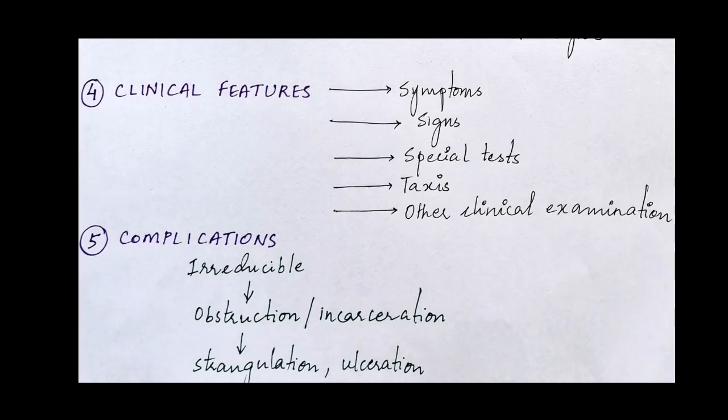So sometimes they're going to ask you what is taxis. Taxis is done when the hernia is irreducible and you want to check if you can manually reduce it. The procedure for taxis is you flex the hip, adduct the leg, and also internally rotate. All of this is done to relax the tensor fasciae latae and the abdominal muscles. Once you've done this, you need to place one hand at the root of the scrotum and the other at the fundus of the hernia and gently try to reduce the hernia.